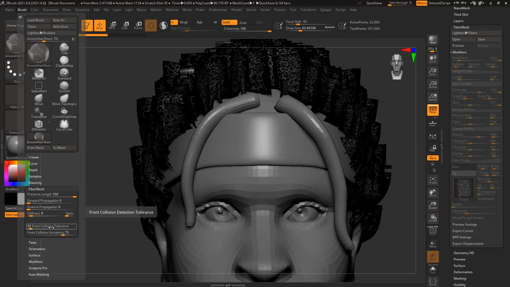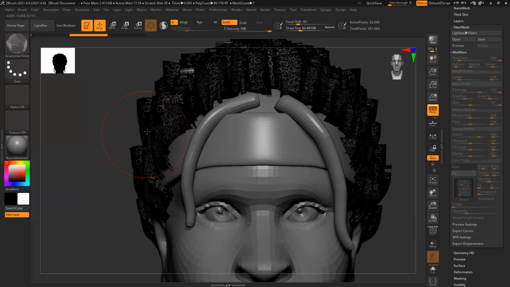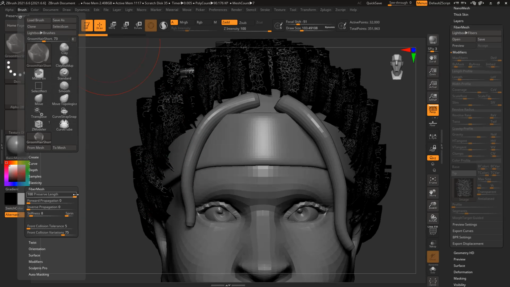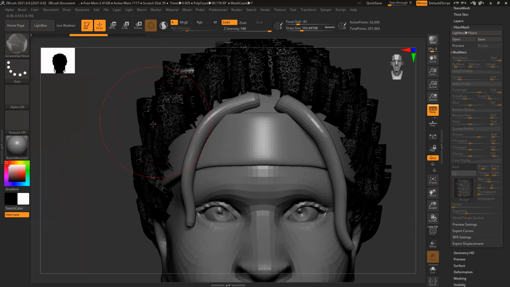So 50 is way too much. That is something you can make like 5 or something. 5 or 10, if you just walk around. It's again depending upon your scale of the model. So just check whatever is working with this. Now, this is still affecting a lot. Collision reduction, I don't want. So I can see it a little bit. 0.7. Too much, too much.